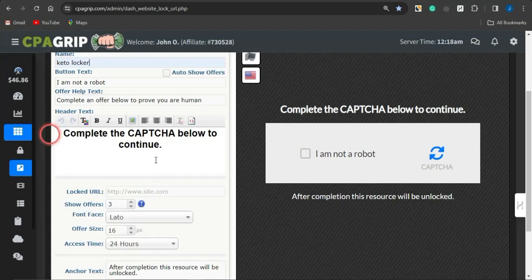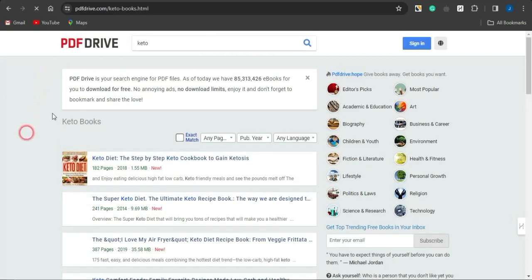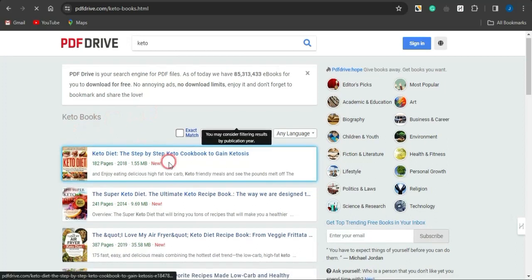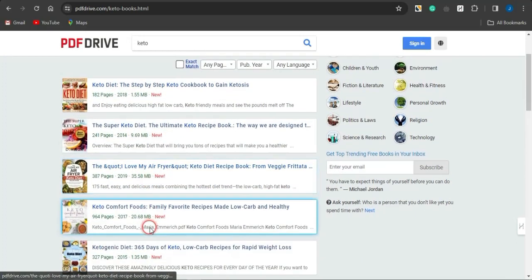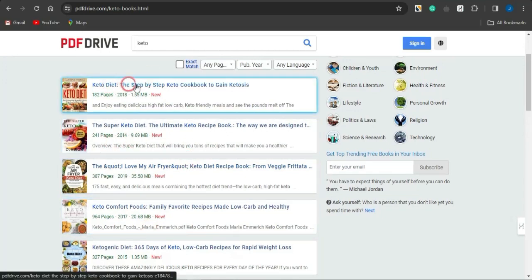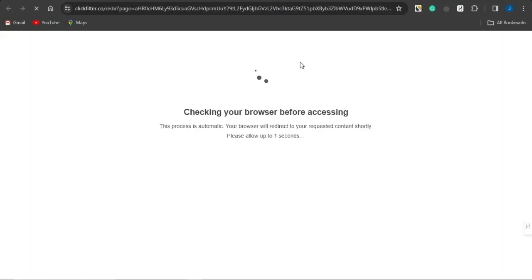So basically for that content, I'm just going to go onto this platform right here, which is called pdfdrive.com. If you head on to PDF Drive, I'm just going to come right here and search for keto. If I click on enter right now, it's going to search for cookbooks that are related to keto. As you can see, these are all on keto diets and keto recipes. So basically all you need to do is to select one of them. You could download this on your device by clicking on the download icon, for absolutely free.